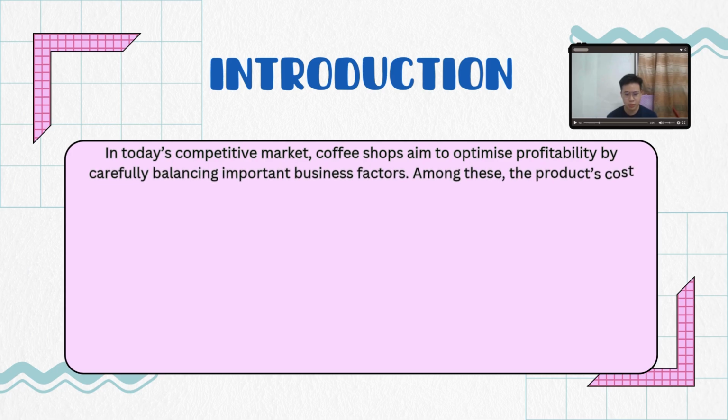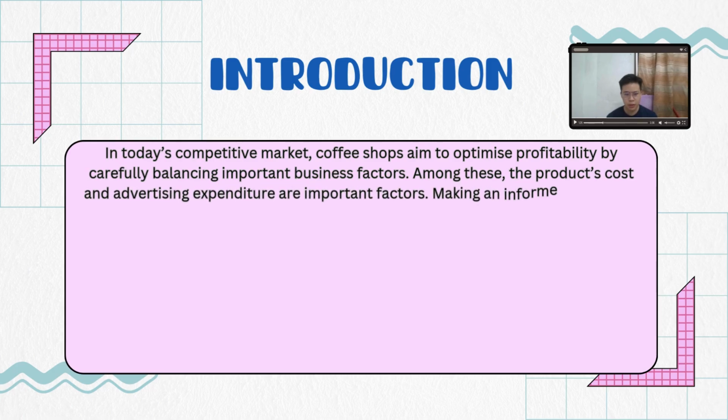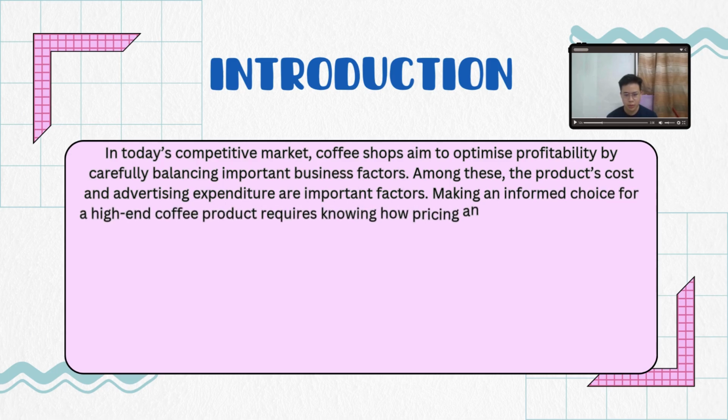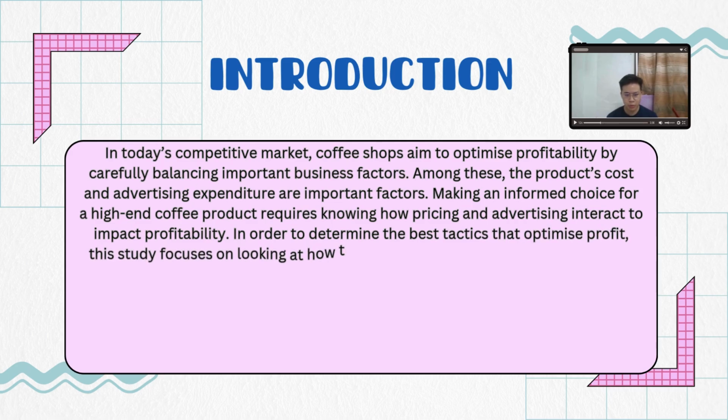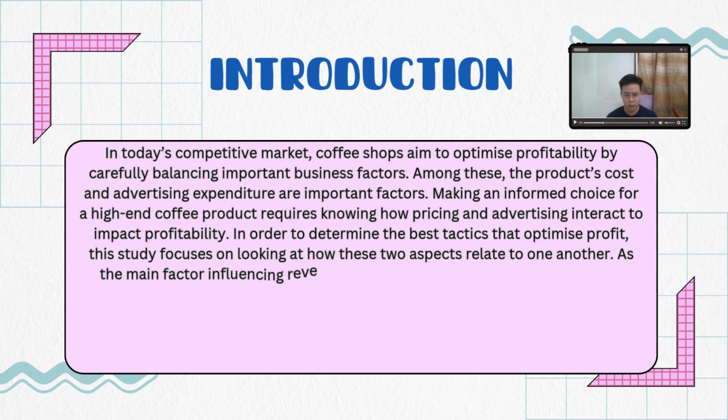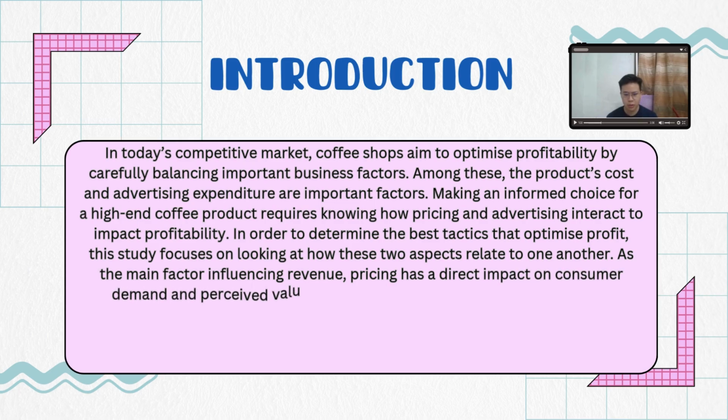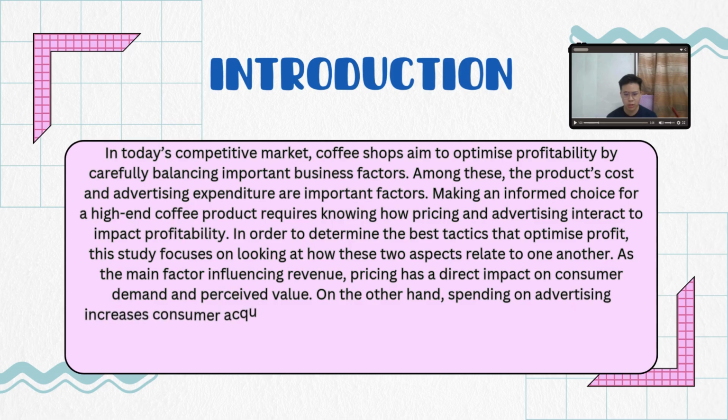In today's competitive market, coffee shops aim to optimize profitability by carefully balancing important business factors. Among these, the product's cost and advertising expenditure are important factors. Making an informed choice for a high-end coffee product requires knowing how pricing and advertising interact to impact profitability. In order to determine the best tactics that optimize profit, this study focuses on looking at how these two aspects